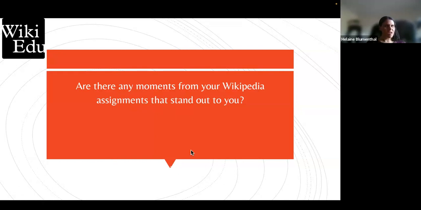Awesome. And Alyssa, any moments that stand out for you? So I think the first thing that stood out for me, obviously, was getting those reflections. As part of the Wiki EDU assignments, they have a reflection component that you can keep in there, and I highly encourage anyone who's new to this to do that with your students. They have to write a reflection on what they've learned. And you expect the typical, I learned how to edit, I learned how to cite sources, but some of them actually brought me to tears, and I'm not a crier.